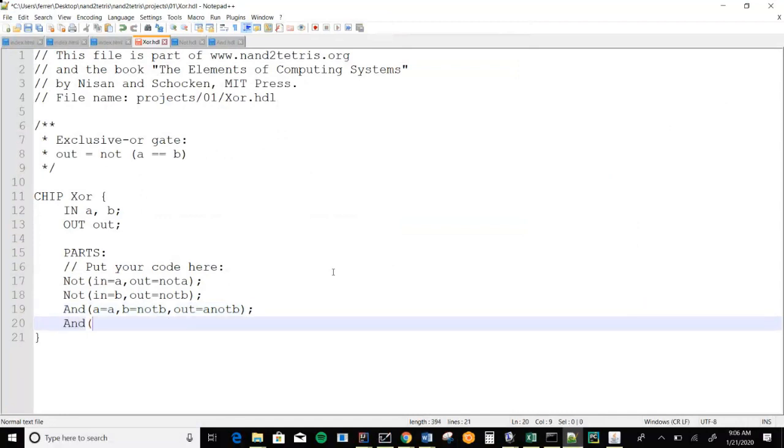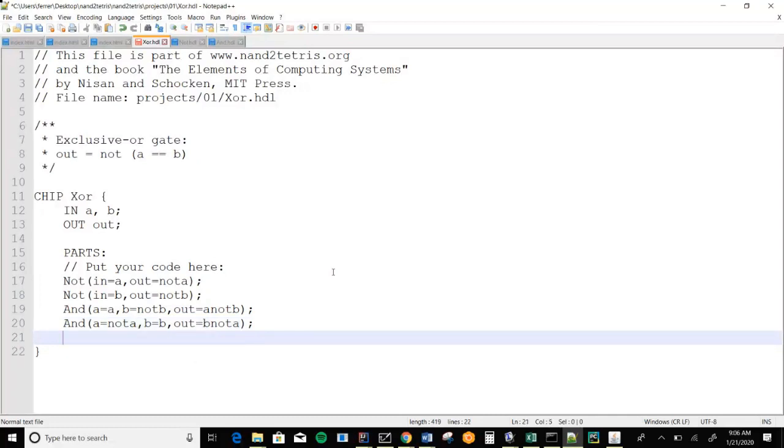And now I'm going to do the same thing for my other AND. So what's A going to be? Not A. What's B going to be? B. What's out going to be? B not A. That works. I mean, AND is after all commutative. So I really was just going to call it not AB, but boy, did that look awkward. I actually prefer B not A.